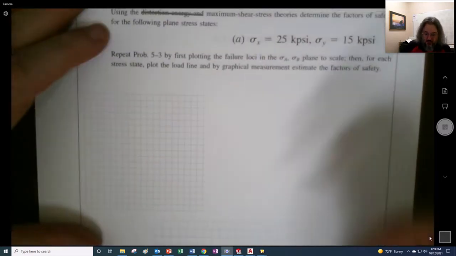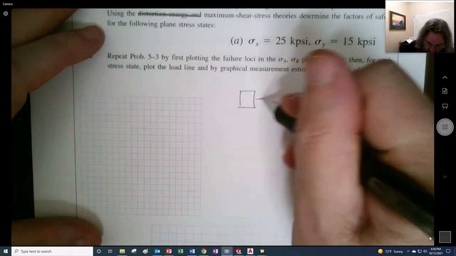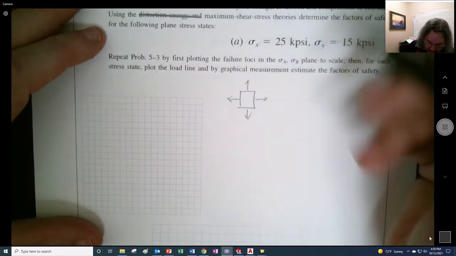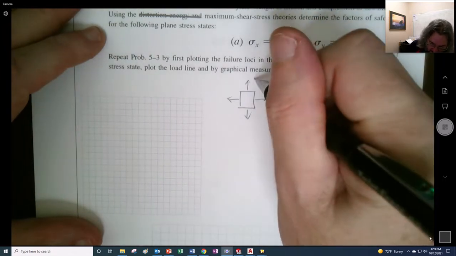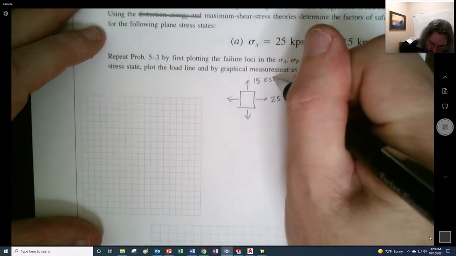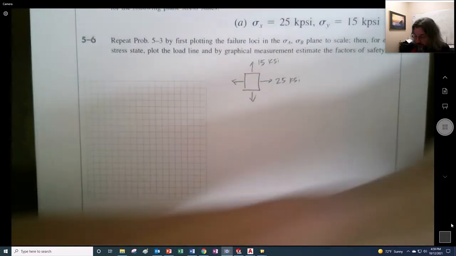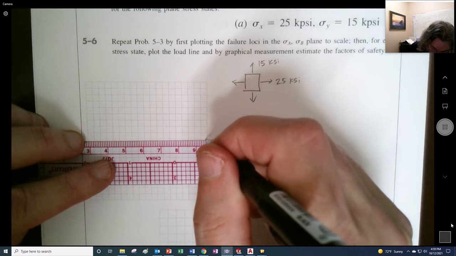All right, so here is the stress element. Good idea to plot that out. Good to draw this thing out when they give us numbers, so let's write this down. This is 25 KSI, and this is 15 KSI. And if we're going to do the Mohr circle of this, what you're going to end up with is, let's see,